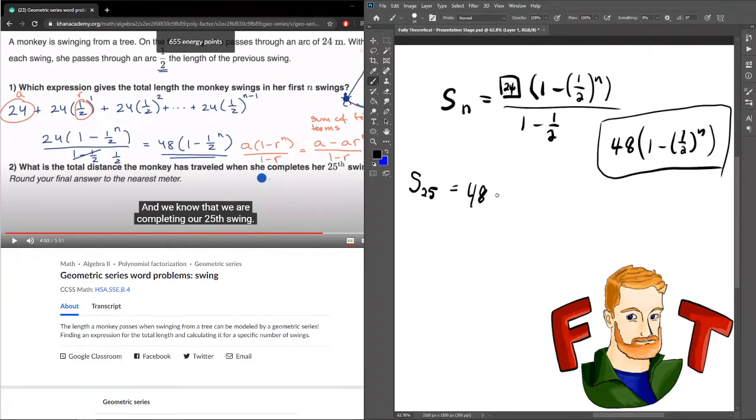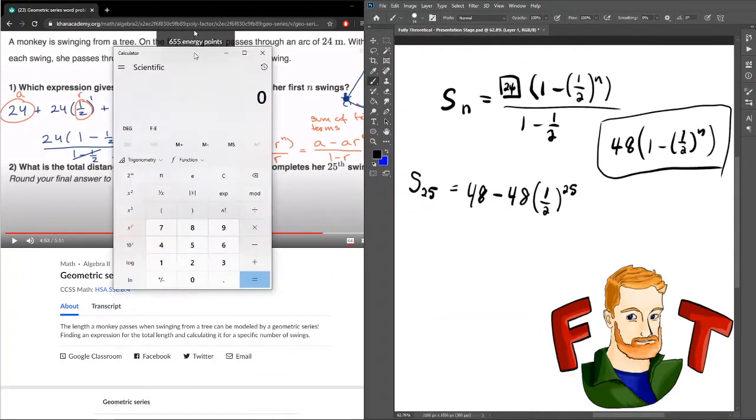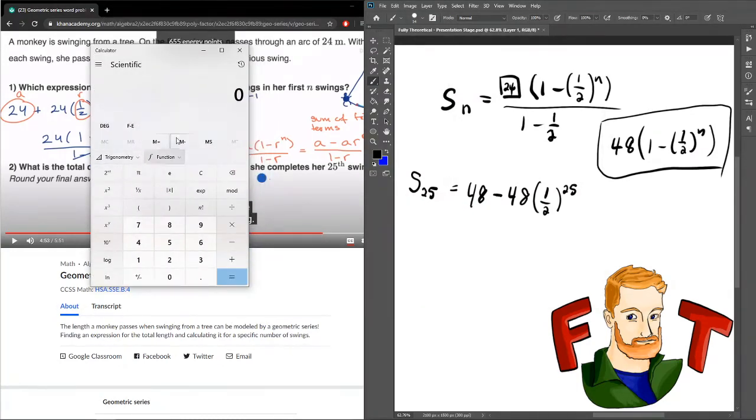So equals 48 minus, see, I got to remember this is a minus, not a times. So minus 48 times 1/2 to the 25th, which is a really simple equation that I'm going to use a calculator for because I don't have the patience for that. So we have